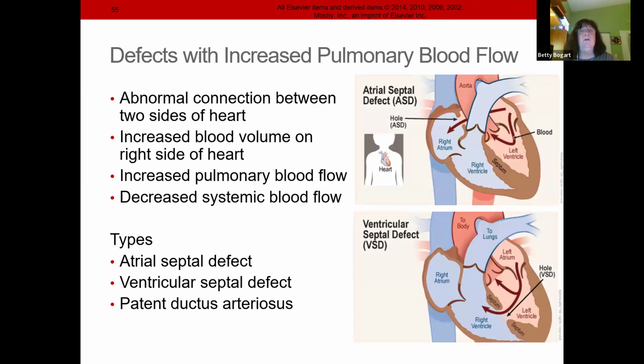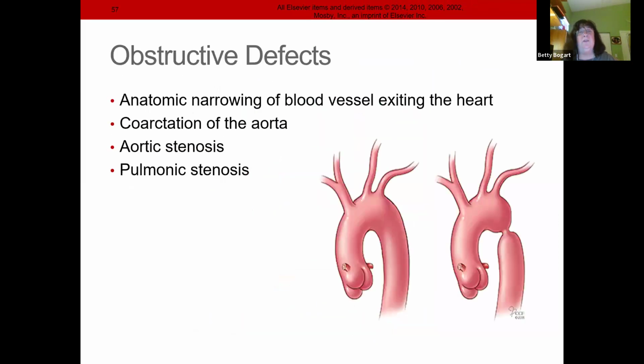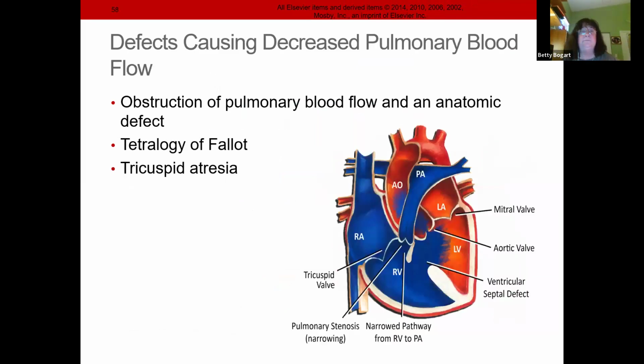They're showing you increased pulmonary blood flow. We've talked about it. It just shows you the way blood flows. There's some obstructions. Know that if it can't go down, it's got to go somewhere. And tetralogy of Fallot. Let me stop here for a second. Tetralogy of Fallot is all about the pulmonary valve, the pulmonary artery, which means blood that comes from the right ventricle that needs to go to the lungs and get oxygen.